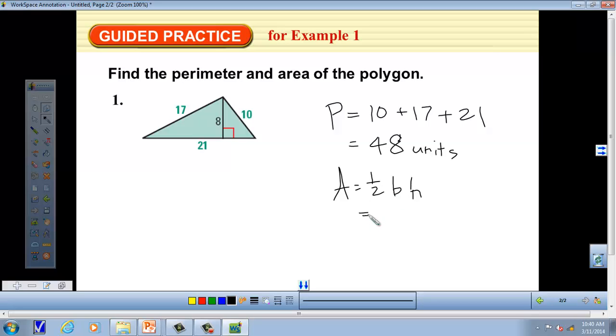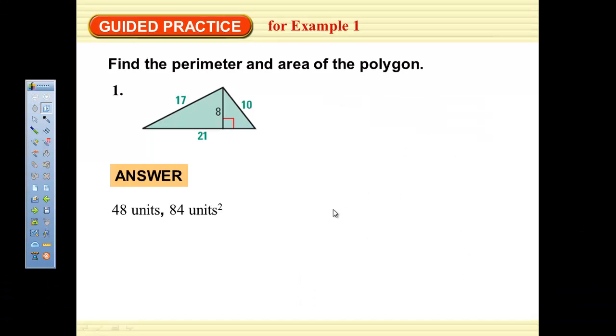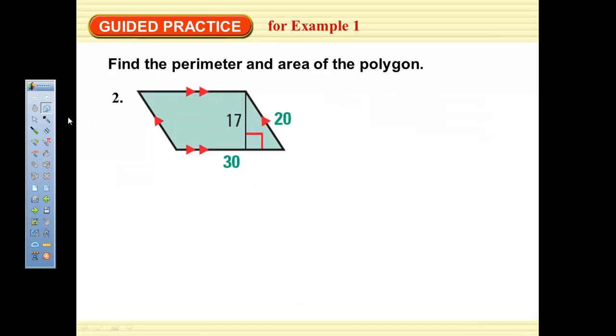And we do half because it's like half of a rectangle or half of a parallelogram. Okay, so the base here is 21. Remember, the base and the height have to be perpendicular to each other, so the height here is 8. I'm just going to do half of 8, gives me 4 here, and my area is 84 square units. So it should be 48 and 84. Here's another one, another